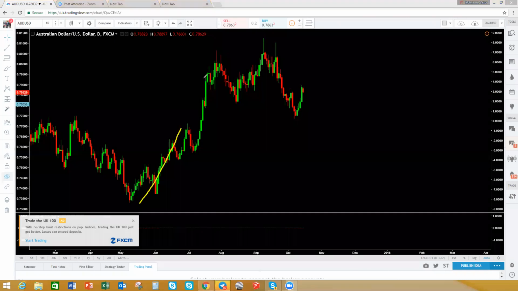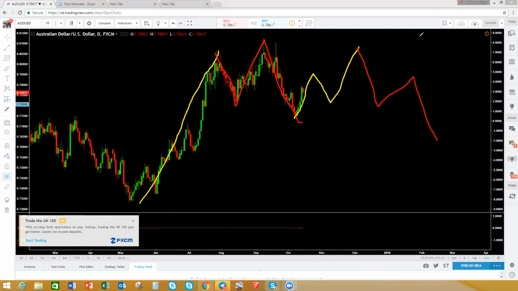Impulse. After the impulse, you get your red expanding flat. If we were anticipating a double, this is what could possibly happen. Okay, and then you get another correction, maybe a zigzag or whatever, and then this will be a